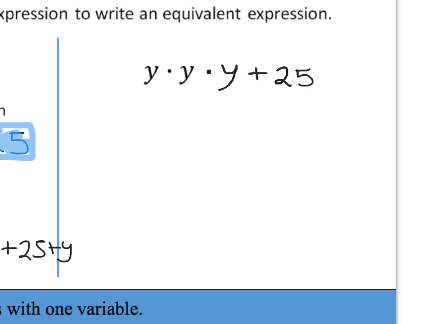We can assume that there is an imaginary 1 as the coefficient in front of all of our variables. And let's go ahead and color the variables the same group color. So this is in one group, here's another group, and here's another group. I'm going to change the color and color the positive 25 in a different color because it doesn't have a variable. And I'm going to go ahead and combine these like terms. Now the only difference is, now that I've combined them,